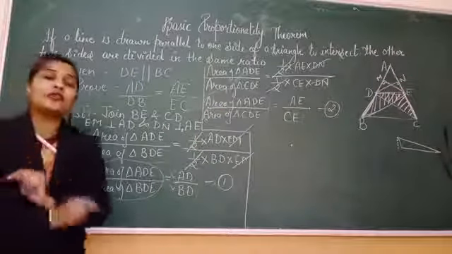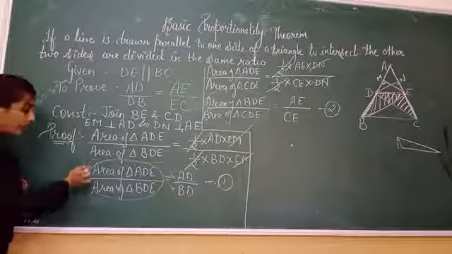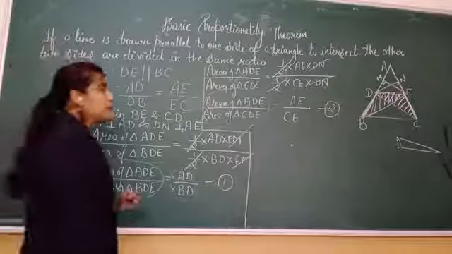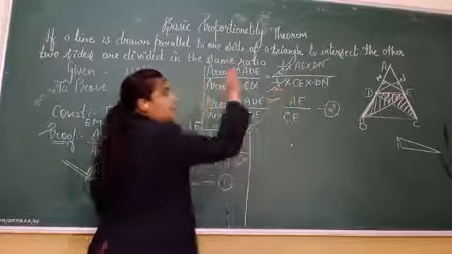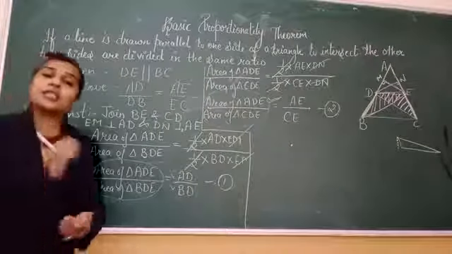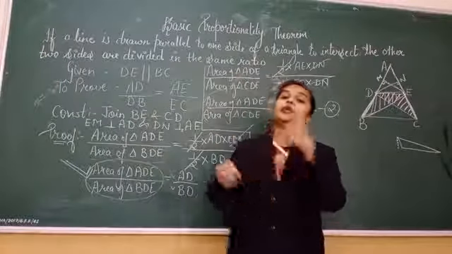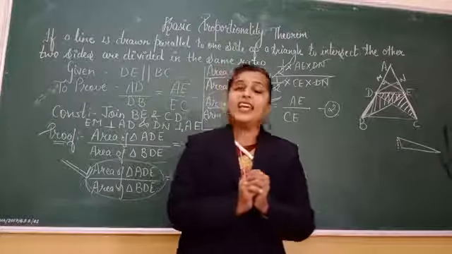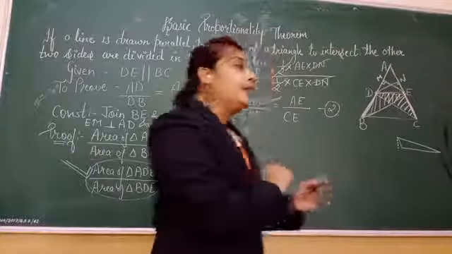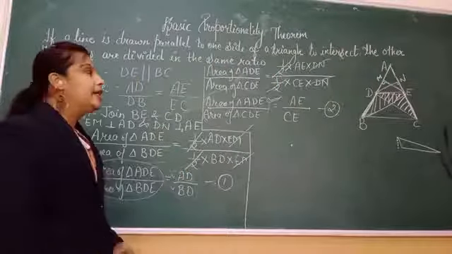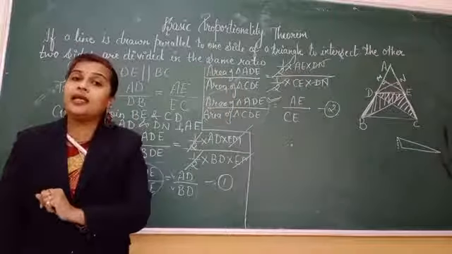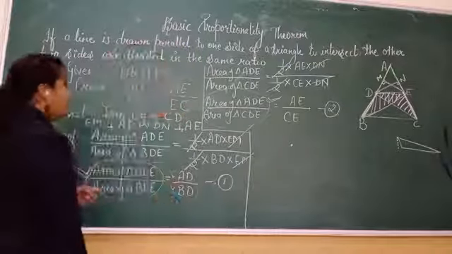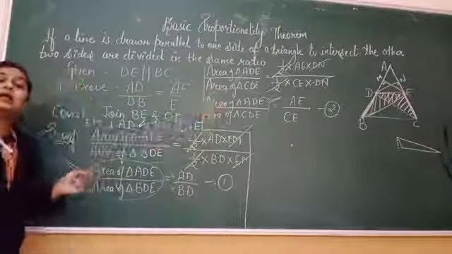For this, first of all check the numerator. See here the numerator is area of triangle ADE. Again here the numerator is area of triangle ADE. Now, however much you rotate the side of any triangle, will there ever be any change in the area? No, there will be no change in the area. It means either we take the base AD or the base AE, there is no change in the area of these triangles. So we will get that the numerators are equal.